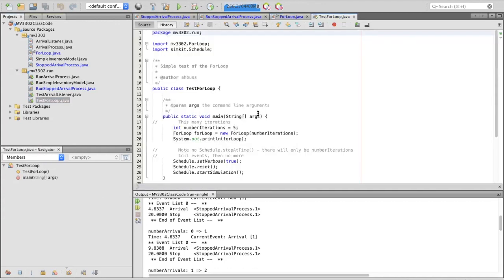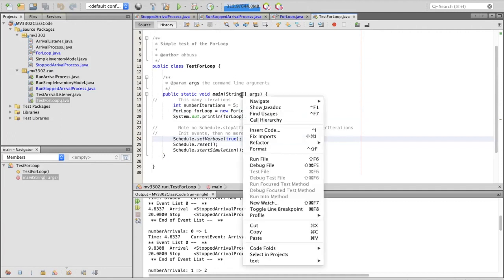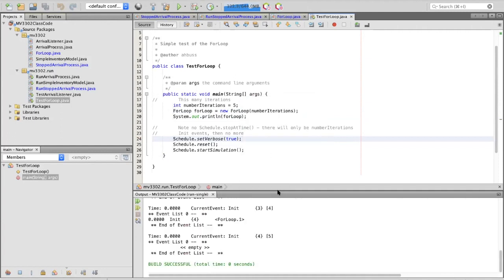So what does that look like? Okay, so let's do it for 5 iterations. So I'm going to instantiate my for loop with that many iterations. Now, in this particular case, I don't need to stop the simulation, because this is going to run 5 times and then stop. So I don't need to stop at time. I do want verbose. There aren't any state variables, so there's nothing to really listen for. Okay, so when I run this,